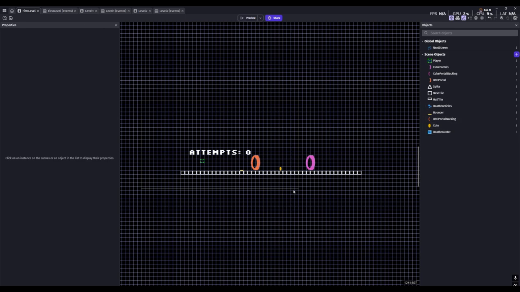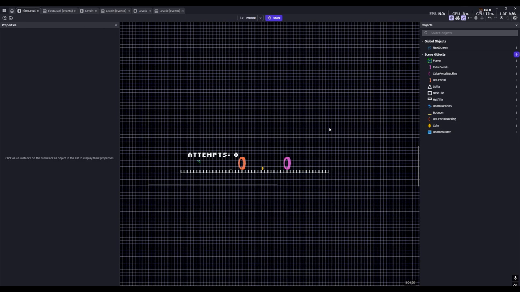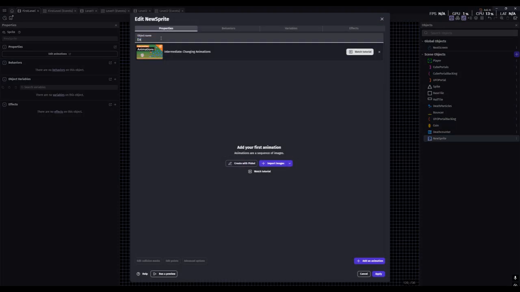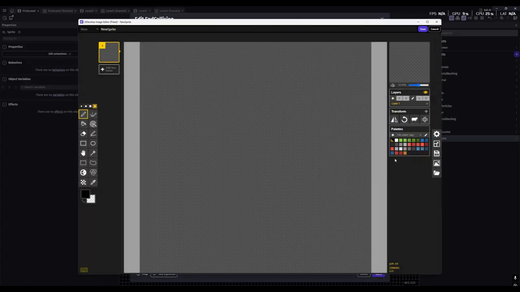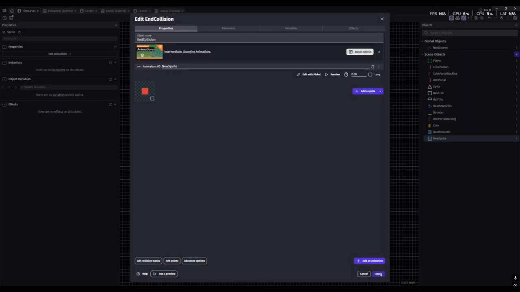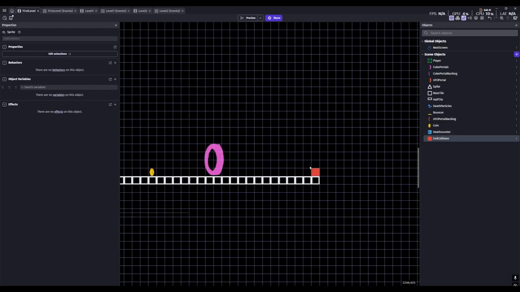So the first thing we need to do is add end collision for when you get to the end of the level, and it'll show your stats for like coins you've gotten, and you can replay the level. So we'll add a new sprite. I'm just gonna name this end collision, and you can make this whatever you want. I'm just gonna make it red because you'll be hiding this anyways. Then just drag this into your scene,